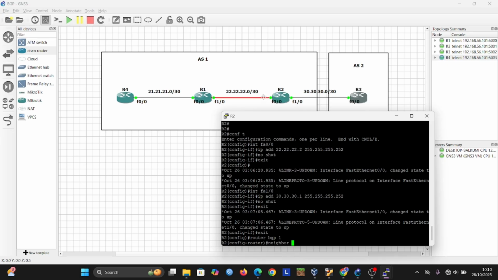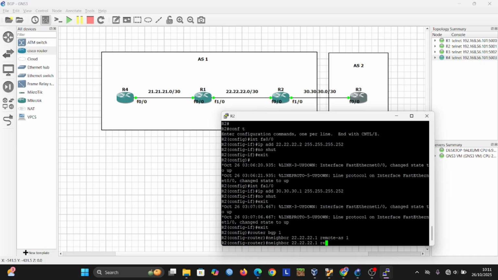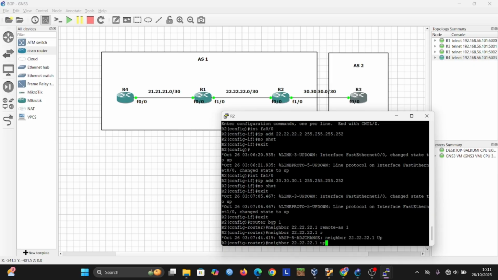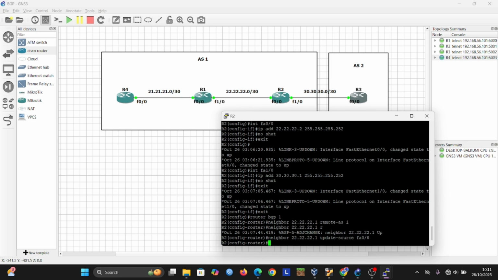First we enter the neighbor for router 1, 2.1, with remote AS 1. For the update source, we use the interface that connects to router 1.